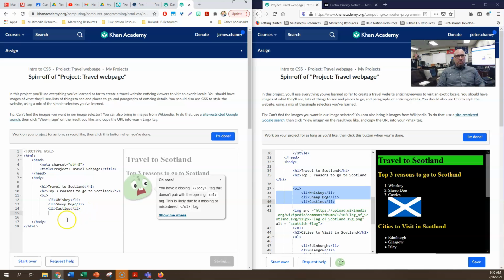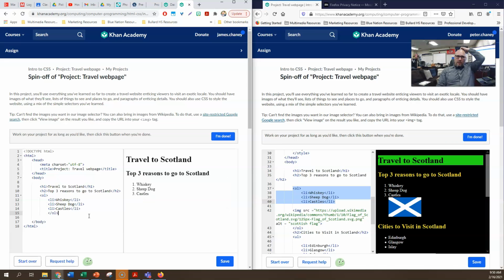Missing the closed body tag. The closed body tag's right there. Doesn't pair with the OL tag, so I'm missing something. Oh, I don't have the closed OL tag. That's why they don't like it. So I'm going to put the closed OL tag in there, which is fine for now, because I can always put things in between. So that gives me my ordered list of whiskey, sheepdogs, and castles for top 3 reasons